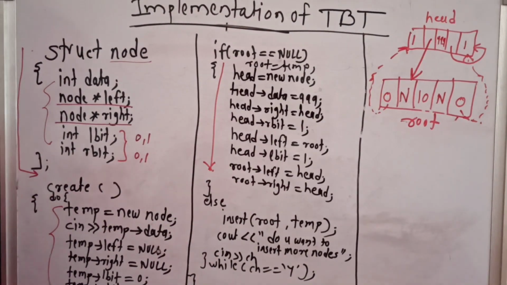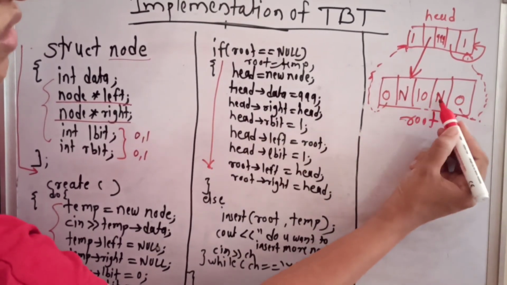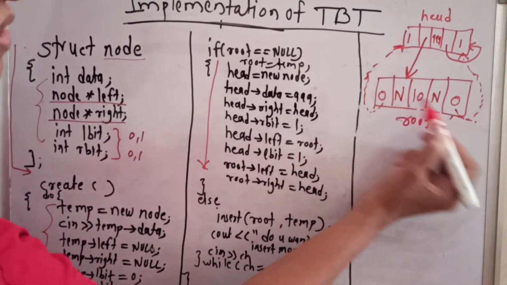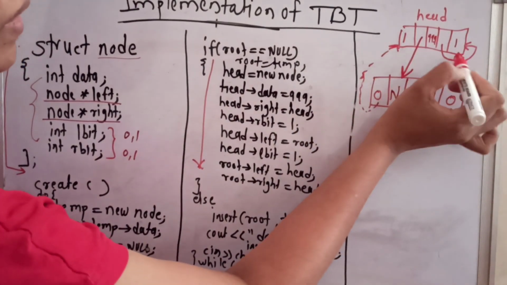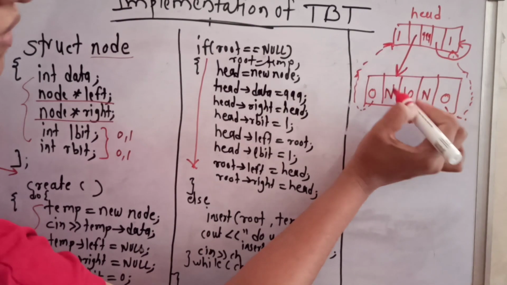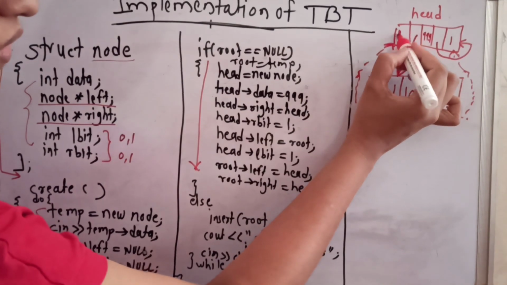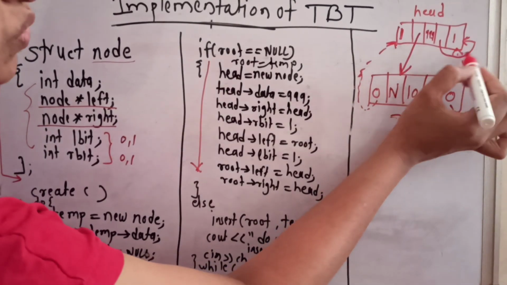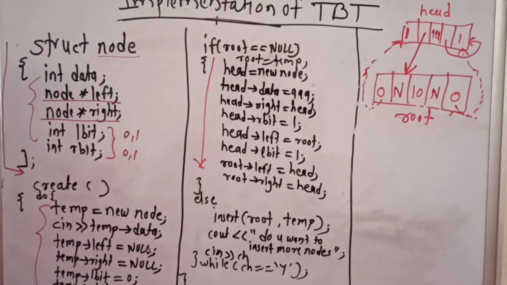So if you see what we have done here, first we have created one temporary node, we have accepted data from the user. Initially we have set these two pointers to null because this node is right now not having any left and right child. So the L bit and R bit are again 0, and to set these two dangling pointers, we have taken one dummy node. The name is given as head node, one random value is set here, and the root node is acting like the left child for this head node. So the L bit is equal to 1 here, and for the R bit we are marking a self-referential link here. So the figure is looking this way. This is up to the creation of the root node.